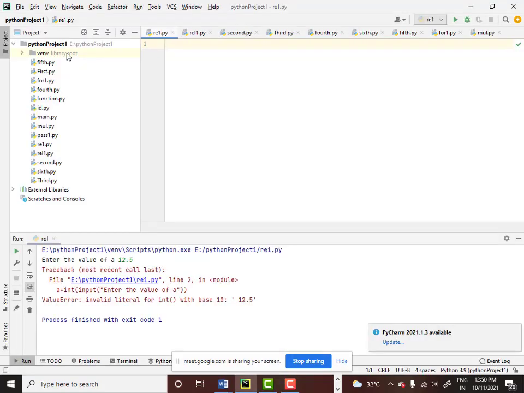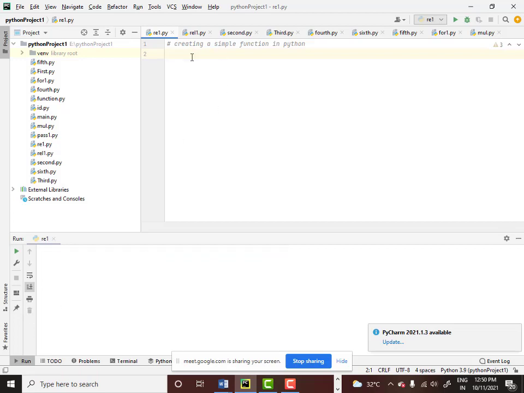So we'll start a new program, creating a simple function in Python. The first and foremost thing, if you want to create a simple function in Python, you have to make use of a keyword called def.